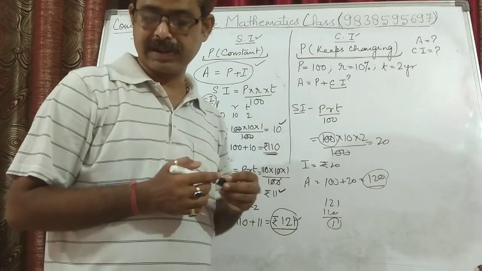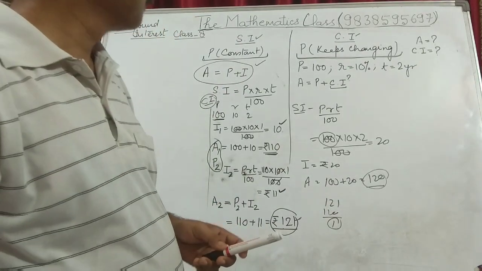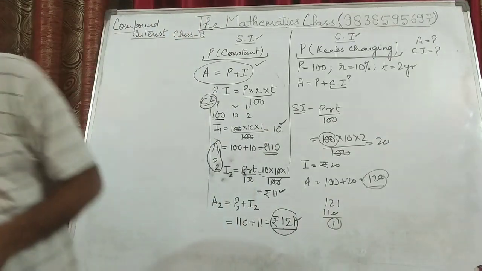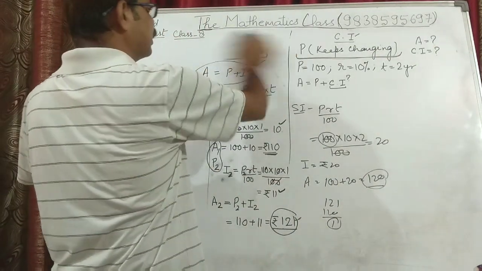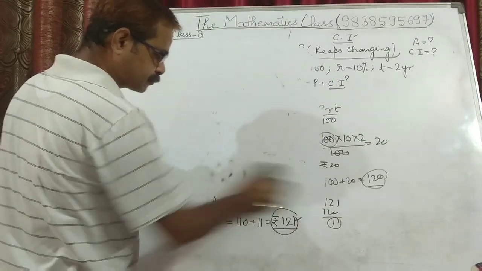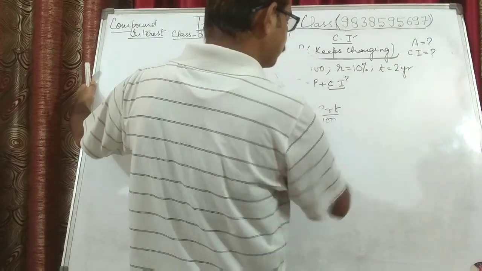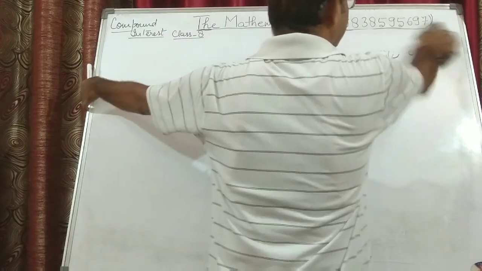Now we move on to the exercise. I think there is exercise 9b. There are 5 questions. I will be doing the first, third and fifth, right? I will leave 2 questions for you to do in the practice notebook. Whichever we are doing here on the board, you will solve them in your fair notebook.